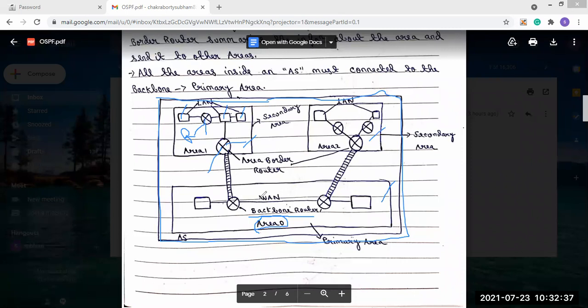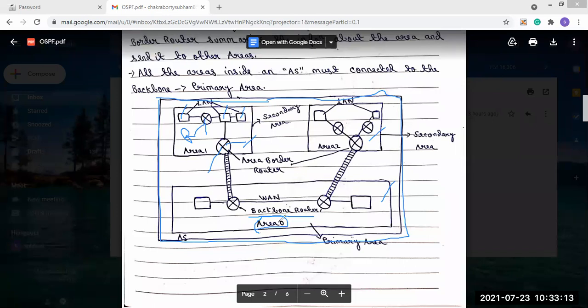There are two backbone routers present and they are connected with a wide area network. The information goes through this wide area network and reaches the other backbone router, and from this backbone router it goes to area 2's area border router. So that's how the total information goes.